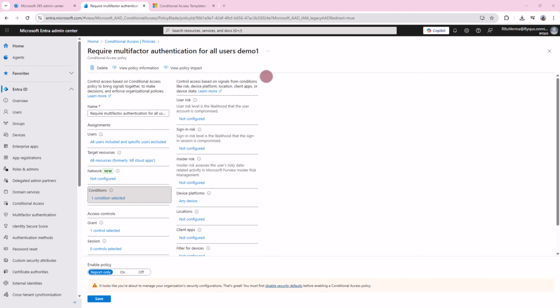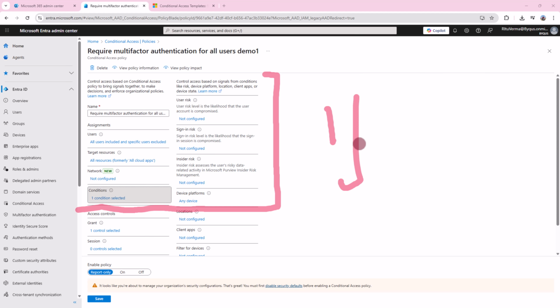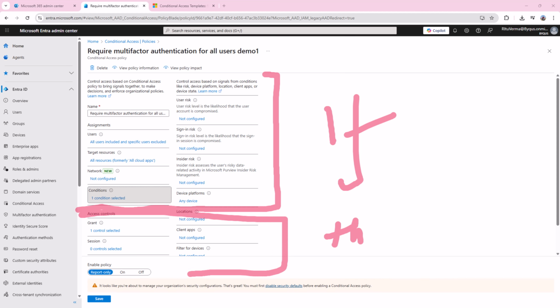So, till here, what we are defining is the if part. If we discussed if-then engine, right? So this is the if part. Now we will define access controls and other things. This part is the then part. Okay. Now the if-then condition, in conditional access, we understand. So now let us go into access controls and we will do one control.